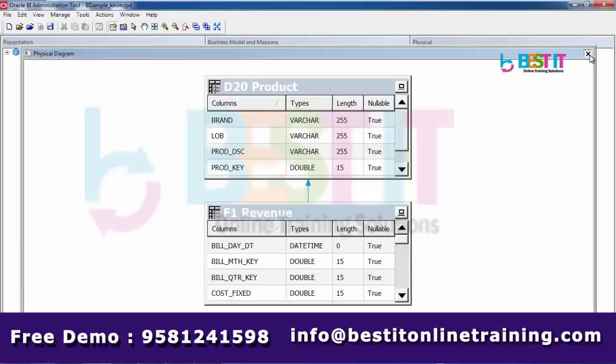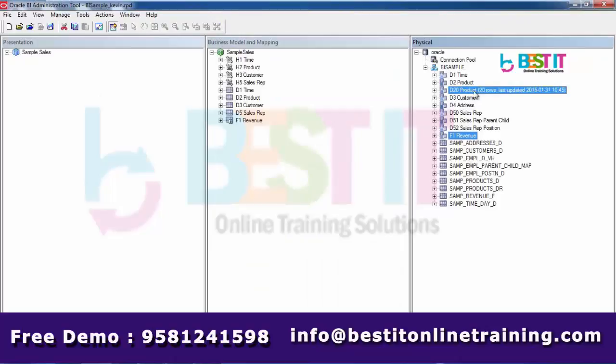Then drag this particular D20 product to your BMM layer onto the sample sales. So we got D20 product. And for this particular object, we will try to create the relationship, that is basically a hierarchy. We will try to create it. But before creating hierarchy,